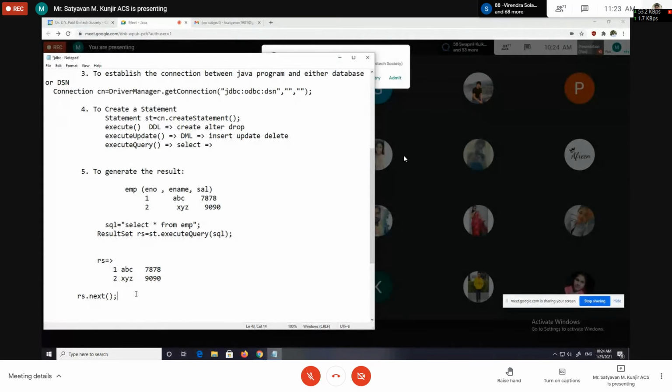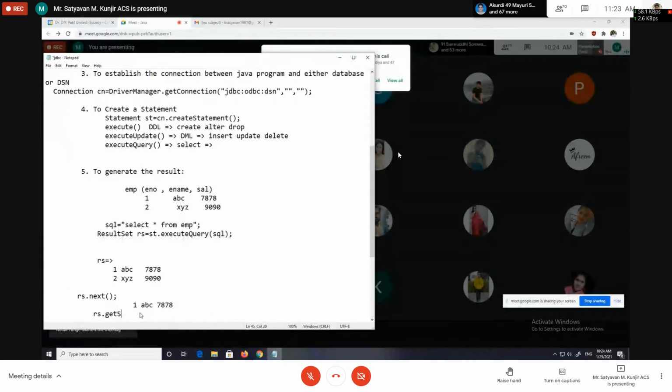Now the current record is our first record. That record we will get if you call the next method. See, this first record we will get because we have called the next method. In that record there are three columns. So now what I have to do is read the data from that record column wise. If you want to read the data from the result set interface row wise, we have to use the next method. And for reading the data from that record column wise, we have to use a method.